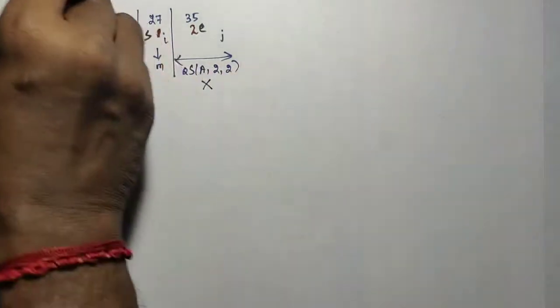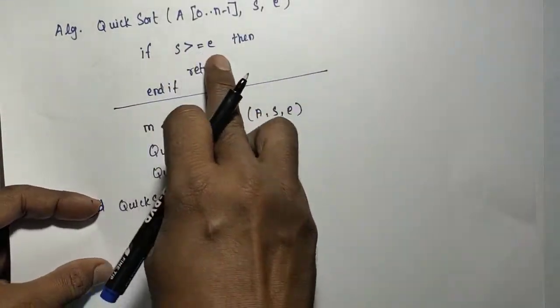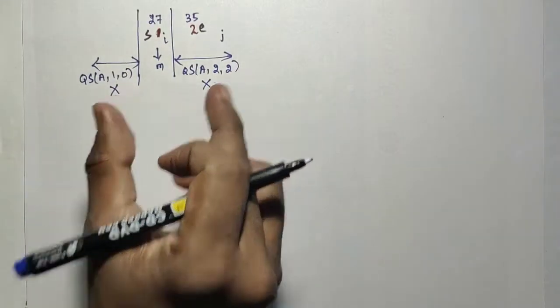So here the first case, S is greater than E, so it returns. The second case, S equal to E. In that case also it will return. So after completing the